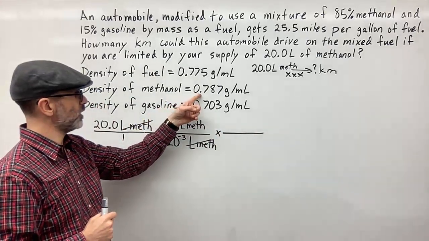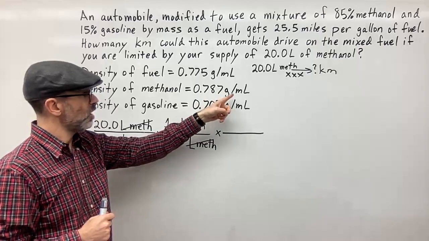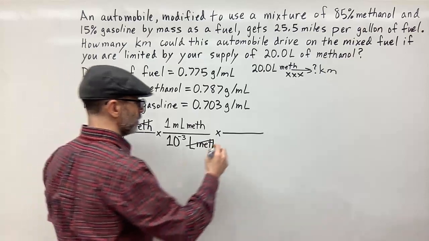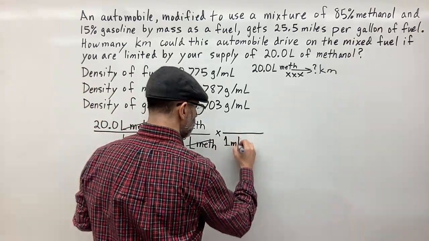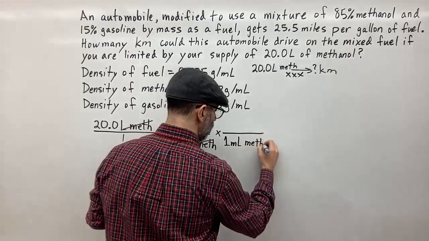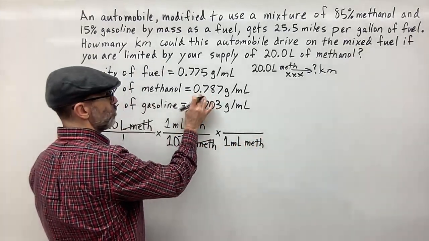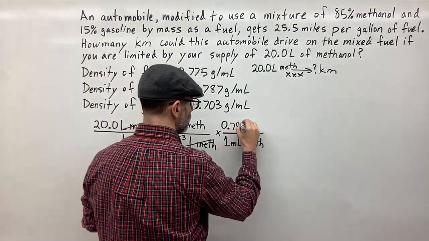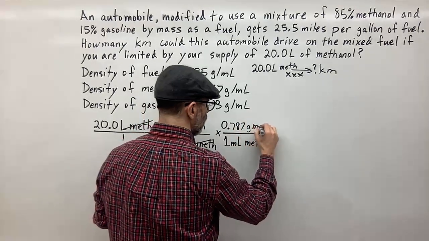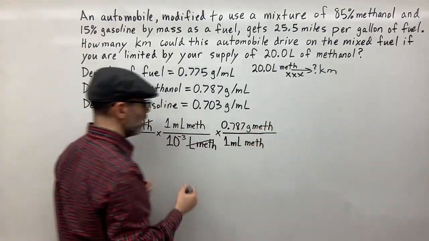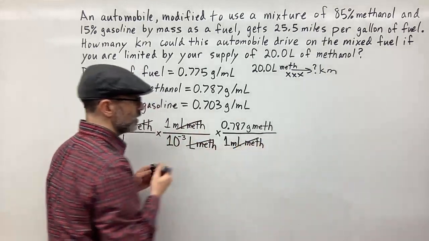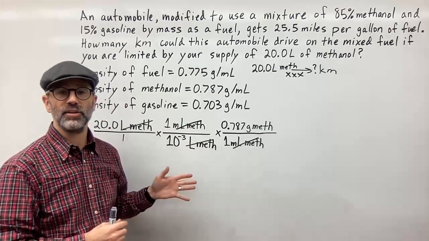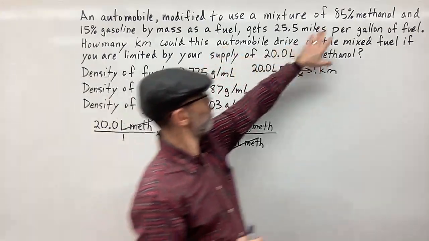So here I have 0.787 grams over 1 milliliter of methanol. So I'm going to put 1 milliliter of methanol on the bottom, and I'm going to put the 0.787 grams of methanol on top. Now the milliliters cancel out, and now I have mass, grams, of methanol. Excellent. Now I can convert this using one of the